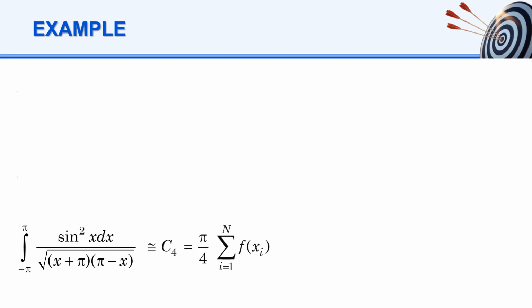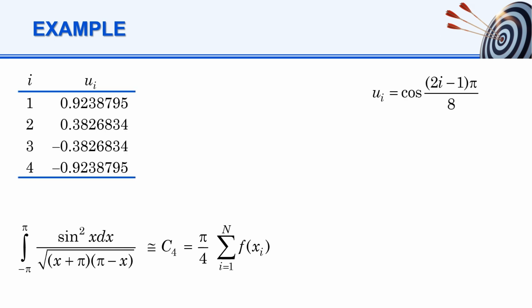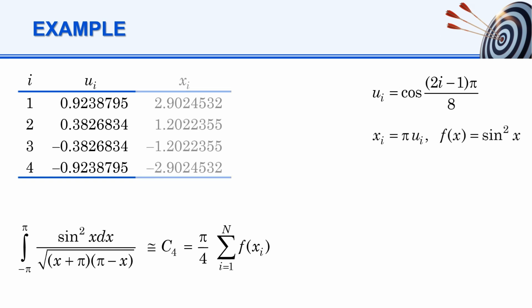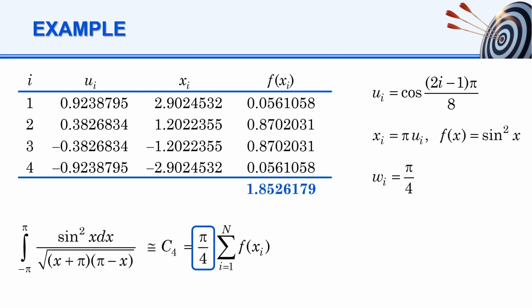Then we calculate the abscissas, ui, and tabulate them. Modified abscissas, xi, are also computed and tabulated. Note that f(x) is sine squared x, and the weights are independent of subscript i, so we can keep the weights outside the summation sign. Next, all we need to do is sum up the function values evaluated at the xi's, which leads to 1.8526179. Substituting this into the approximation C4, we get